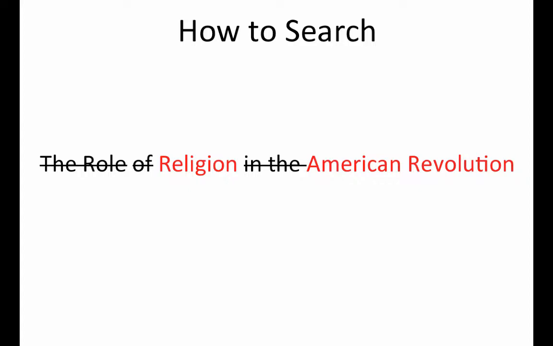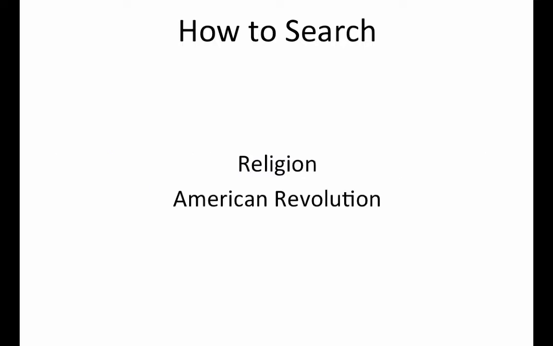The reason for that is that computers can't distinguish the importance of the different words you type in. If you type in a word like role or the or of, the computer will think that you absolutely need that word to show up in the title or subject or description of the book you're looking for. The only words that you absolutely care about are religion and American Revolution, so those should be the ones to